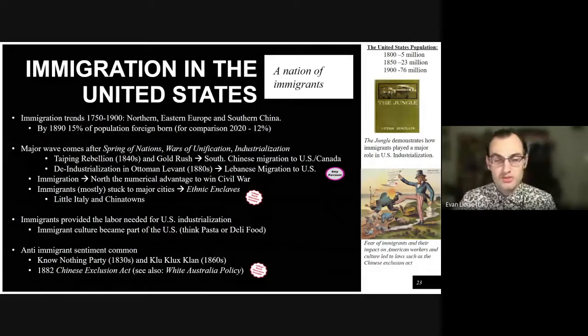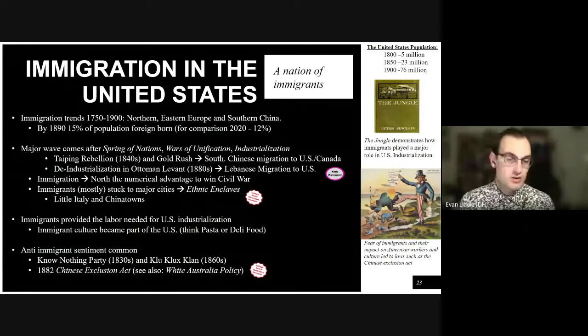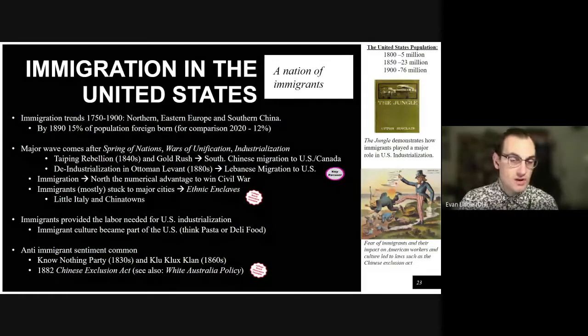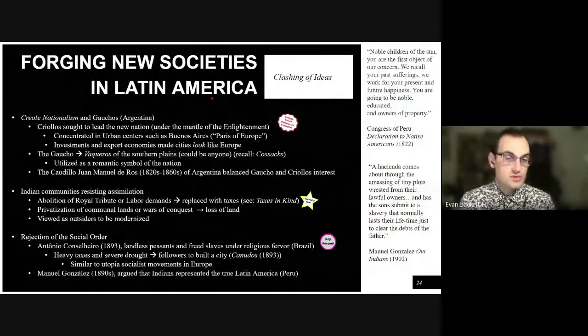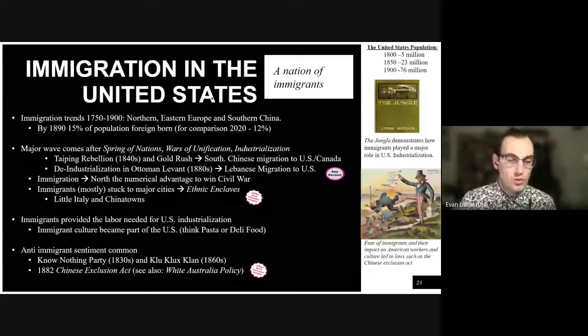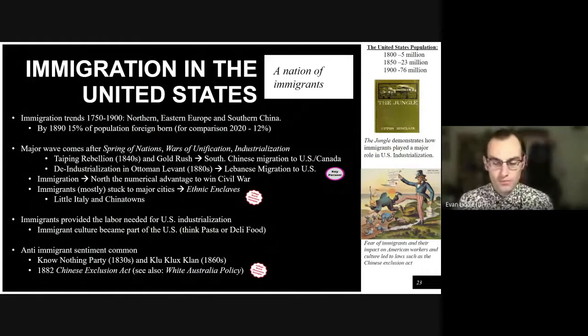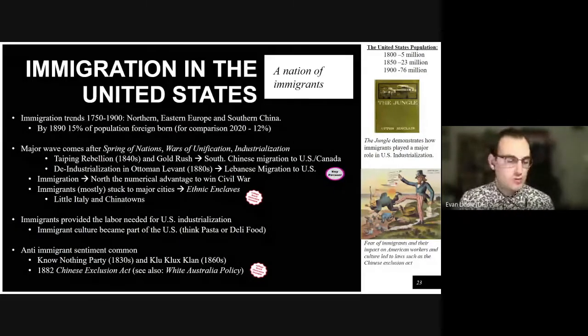Now, most immigrants came to the United States because they were seeking to escape some sort of violence in their home, or they might have been escaping economic change that was disrupting their way of life. So, for example, deindustrialization, land enclosure, the wars of unification in Europe, the Taiping Rebellion in southern China, all of these events, as well as opportunities such as the gold rush, or the thought of potentially getting a farm of one's own, drove many immigrants to come to the United States.